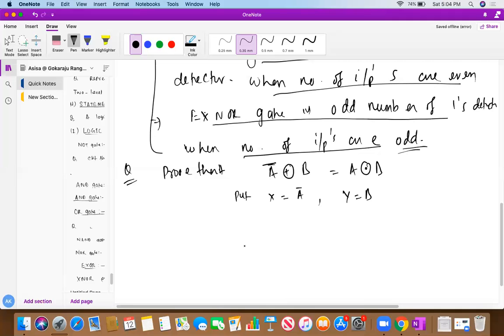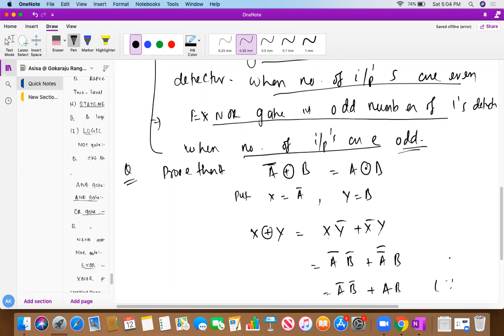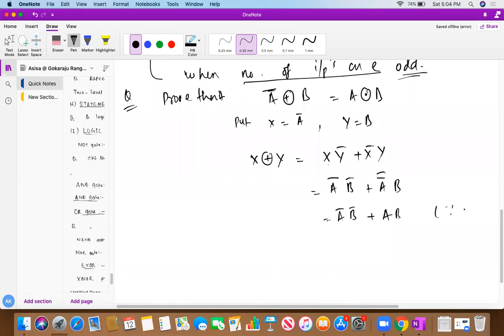So if I'm going to prove it over here, let's say X XOR Y, what will it be? X Y bar or X bar Y. So I'm going to put those things over here. This is A bar, Y bar is nothing else B bar, X bar is nothing else A bar bar, Y is nothing else B. So obviously this is A bar B bar or AB. Why is it A? Because as per the involution theorem, A bar bar is A. So obviously this is what type of output? This is A XNOR B's output.